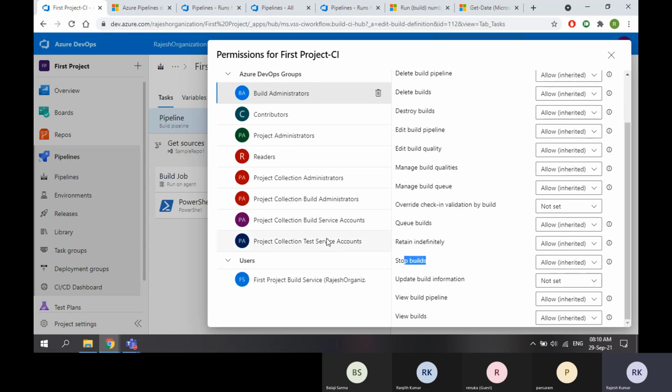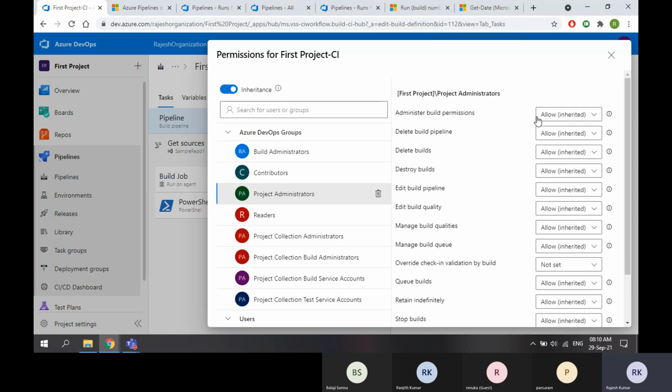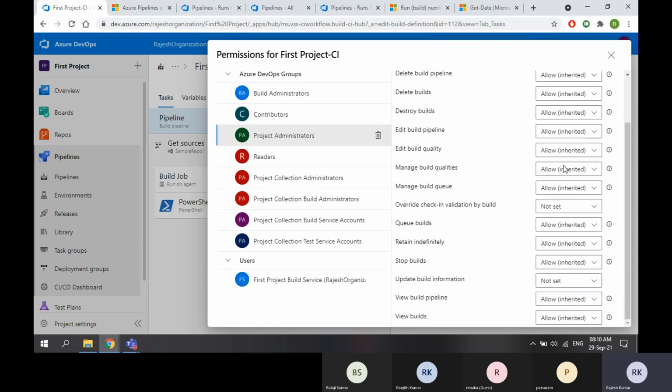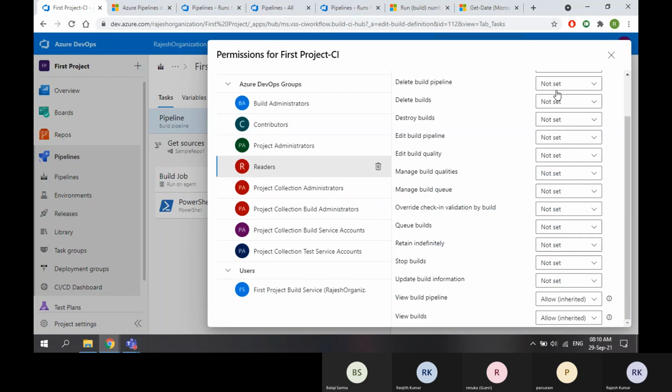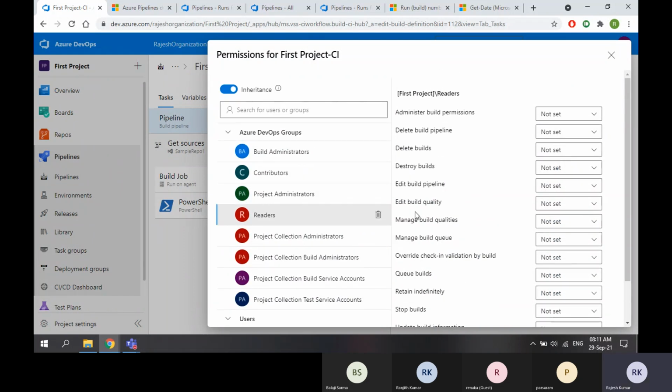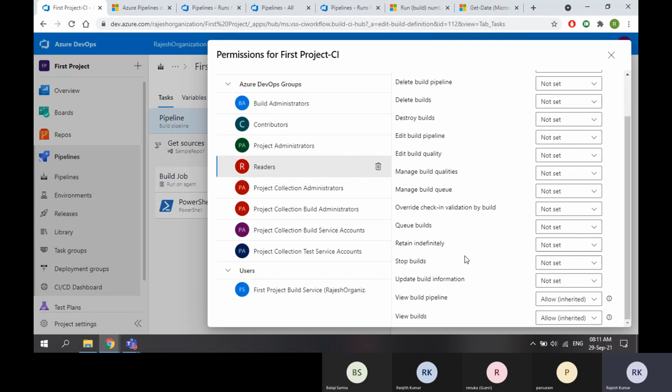Let's say if I go to administrator, all permissions are set, allow. Everything is allow. But if I go to readers, nothing is set. Why? Because readers will not have access to delete build, manage build, queue build, stop build. They will not have any permissions. Only view permission is there because they are readers: view builds, view build pipelines.